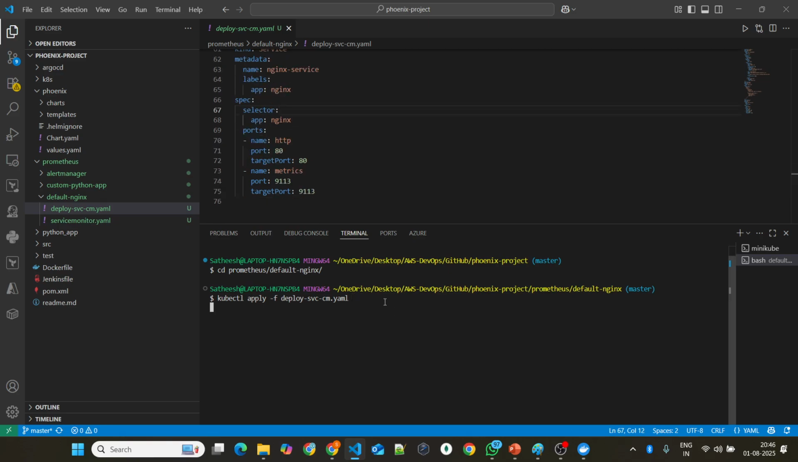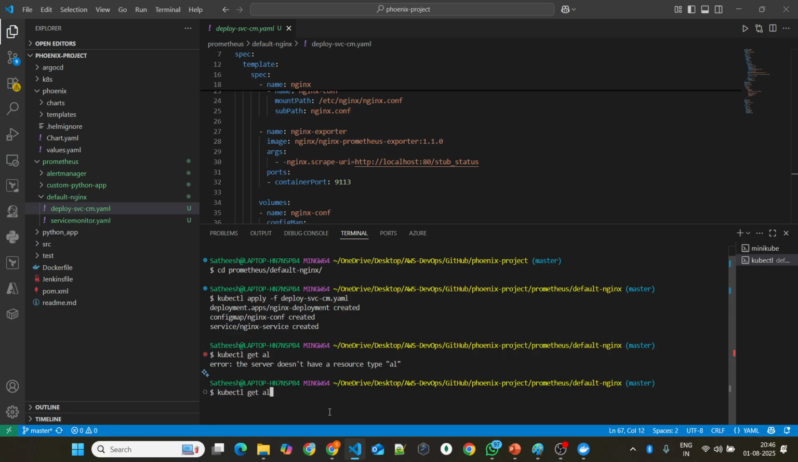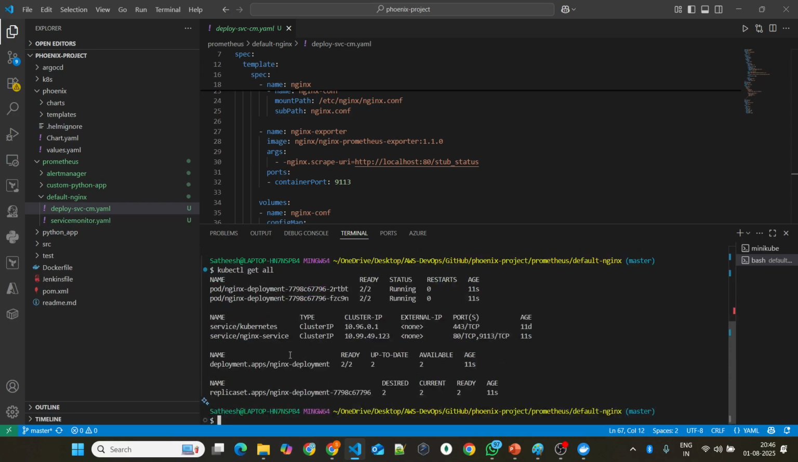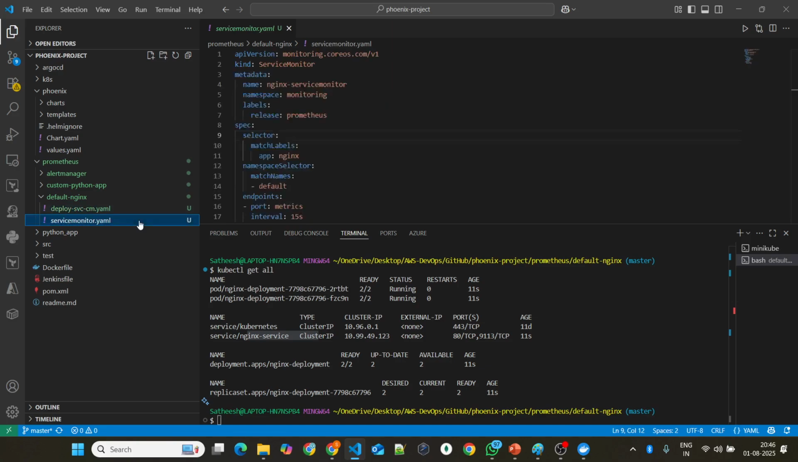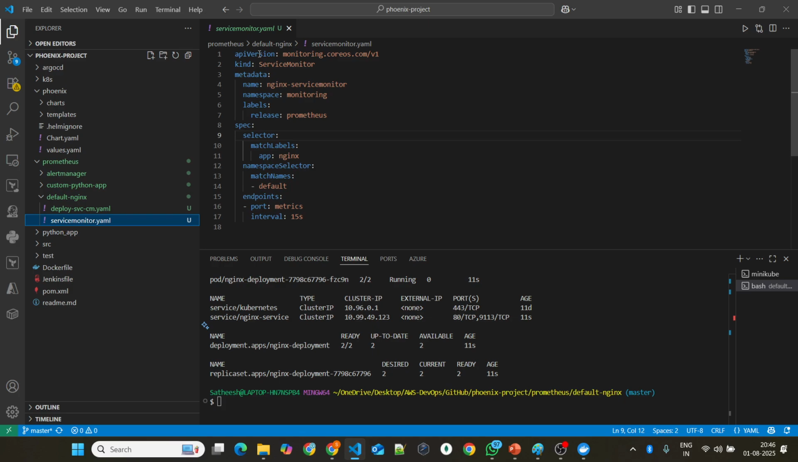So when I run this, I'm creating everything in the default namespace. If you type kubectl get all, you will be seeing this deployment. You see two containers are started to run, and this is an nginx service. Now if you go to the next file, the service monitor, the API version is monitoring.coreos.com/v1,